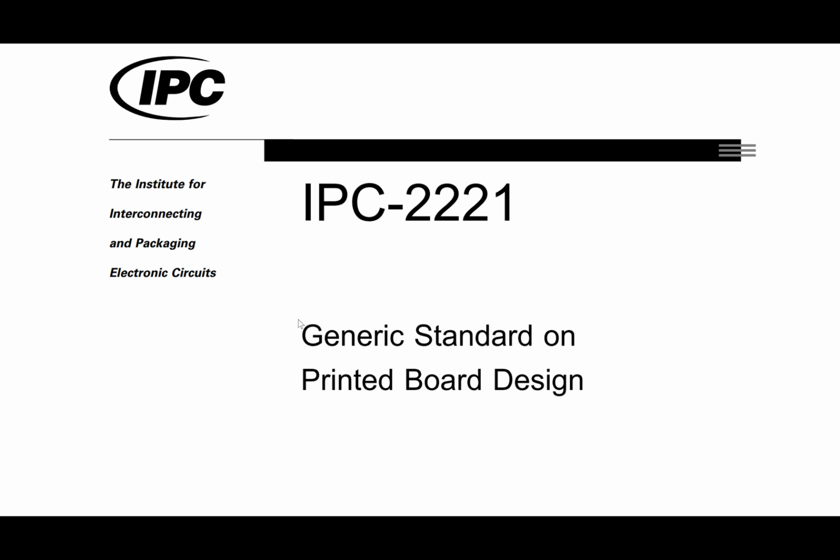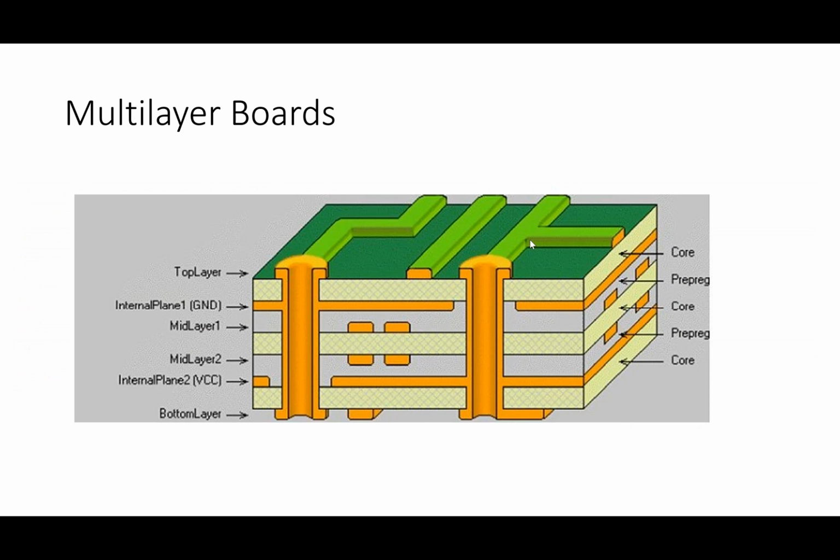IPC-2221, the generic standard for printed circuit board design. This, as you can see, comes from the Institute for Interconnecting and Packaging of Electronic Circuits, IPC. There are other flavors of this, but the critical elements that it outlines for us are some things that we need to know when we're designing boards. So just as an example of what I'm referring to,